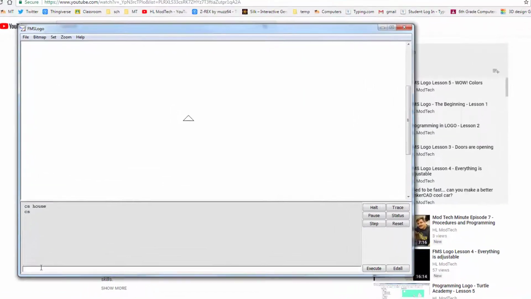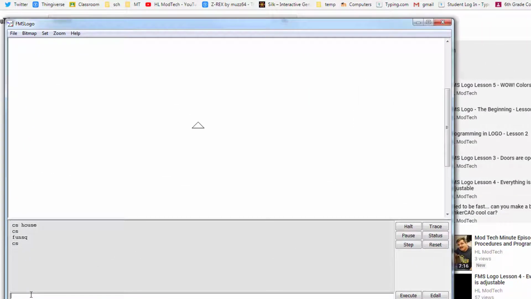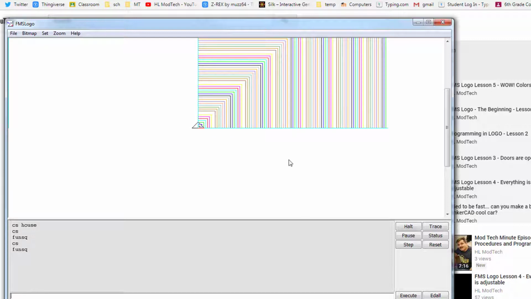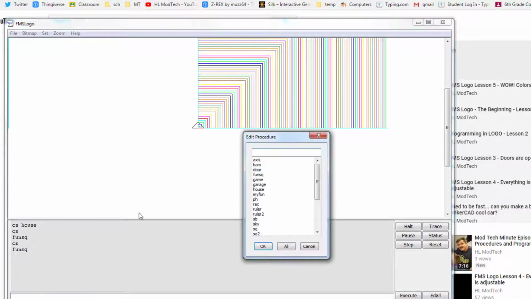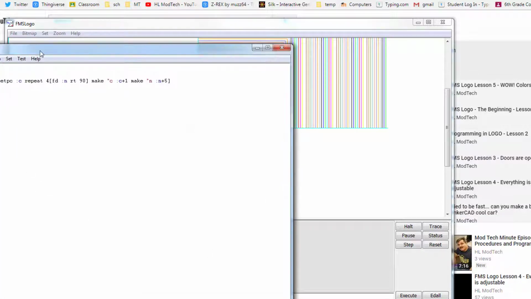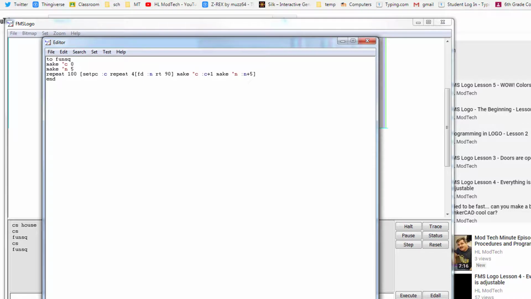Let's clear the screen, and I want you to type FunSQ. This is something I created a while ago, and you'll notice that it does all the squares super fast. Let's look at how it was built. File, Edit, and find FunSQ, and check out how easy it was. It is simply